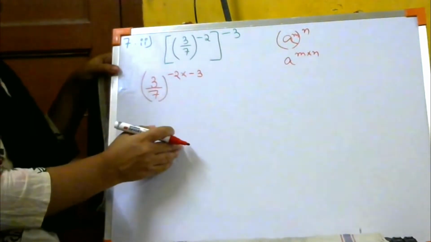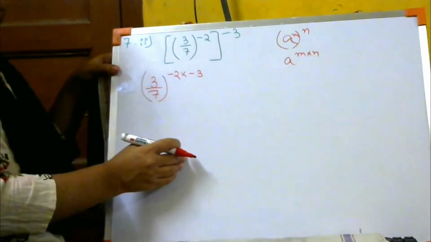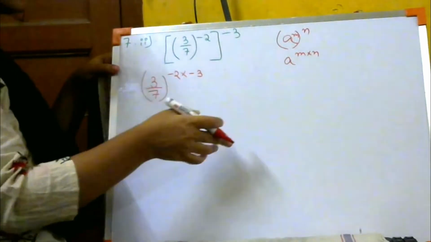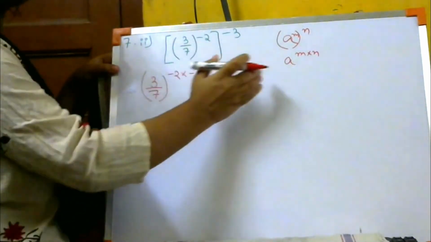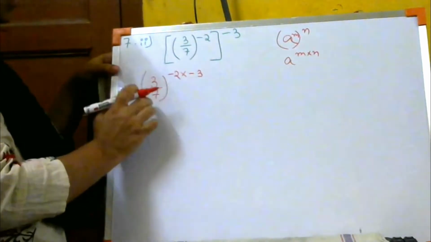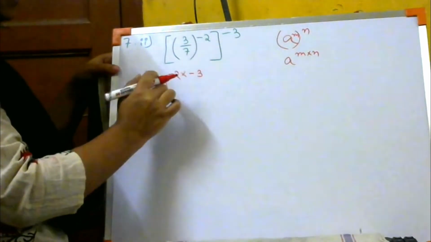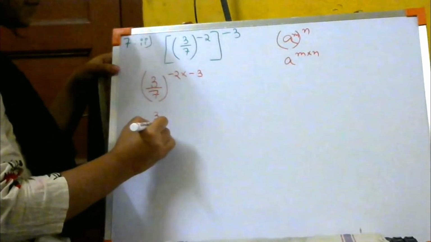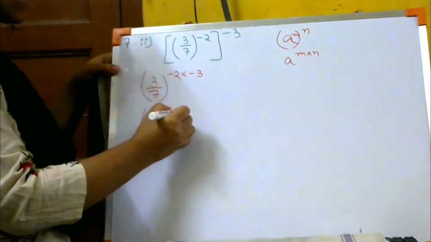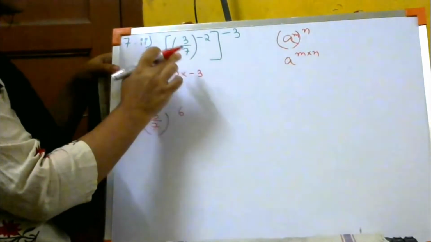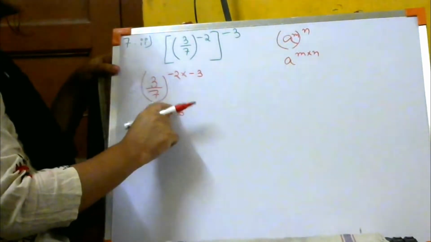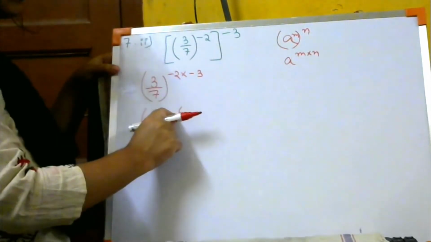From now on, I will not explain the laws of exponents in detail, I'm just going to go fast. Clear? But you have to understand which law ma'am is using. I'll just write the law over here. You compare the law with the sum that we are going to solve. So (3/7)^(-2 into -3). Again same thing, integers. (3/7) to the power 2 3s are 6. Minus into minus gives plus. तो यहाँ पे कोई साइन बैठाने की जरूरत नहीं है. कुछ साइन नहीं बैठाना मतलब it is positive. So (3/7)^6.